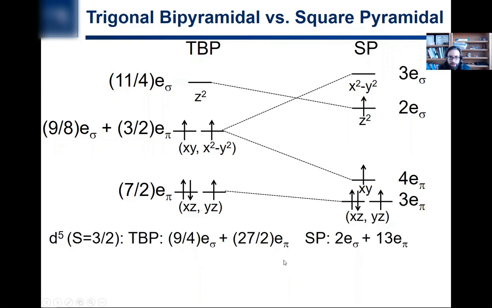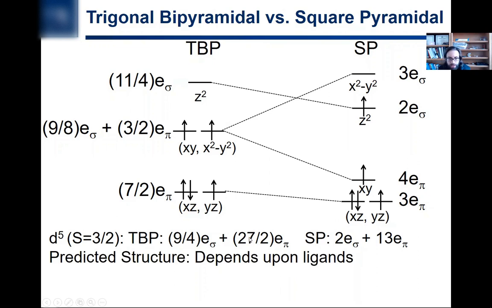What if we go to the S equals 3/2 state? This would be a quartet where we have three unpaired electrons. And this gets close, right? Why? Well, you have 13 e pi here, and here you have 27/2, that's 13 and a half e pi. So that's pretty much a wash. Maybe a strong pi donating ligand would prefer SP from that standpoint, but it's pretty much a wash